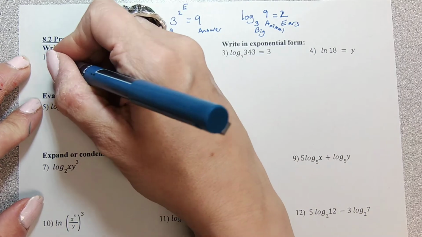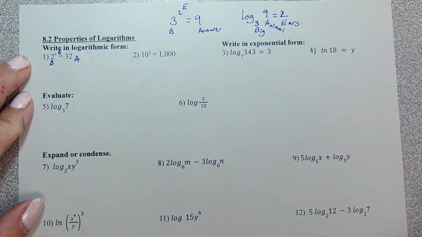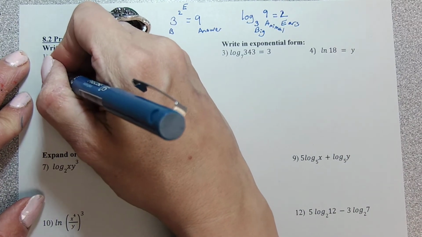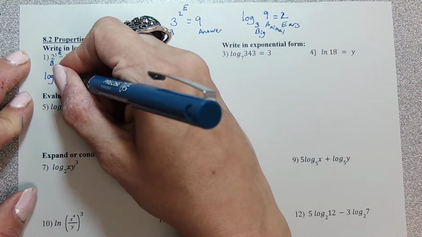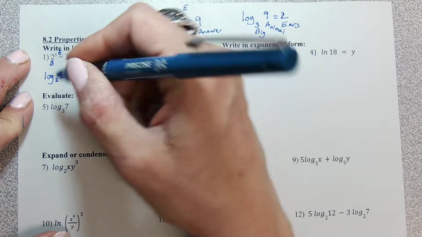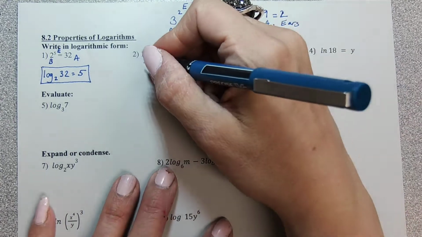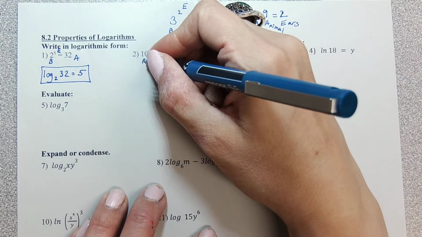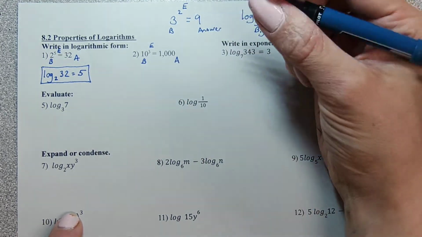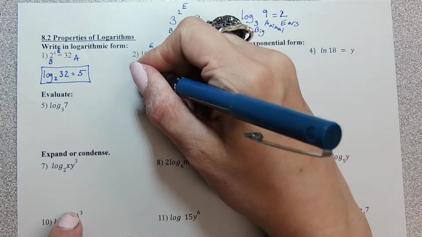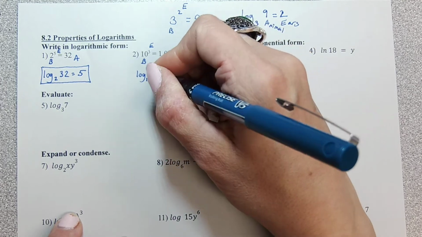So currently, this is in exponential form. That's my base. That's my exponent. That's my answer. So for logarithmic form, it goes in the order of big, base 2, animal, 32, ears, which is 5. So there's logarithmic form. For number 2, this is also in exponential form. So 10 is my base, 3 is my exponent, and then 1,000 is my answer. So we write the word log, and we think of the elephant with his big, base 10, animal, 1,000,